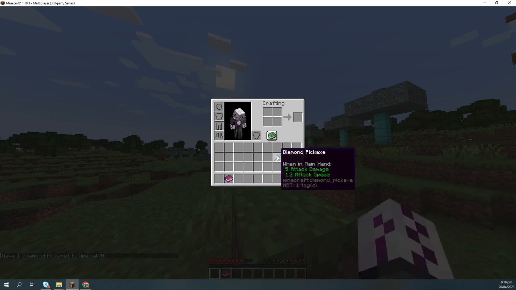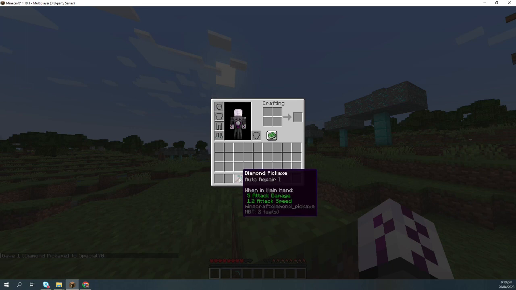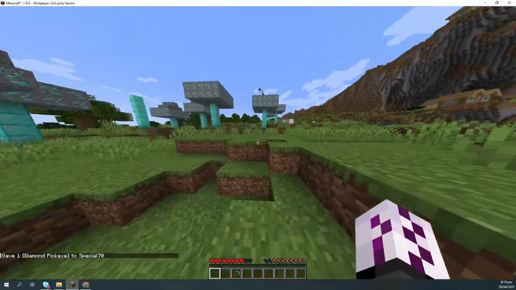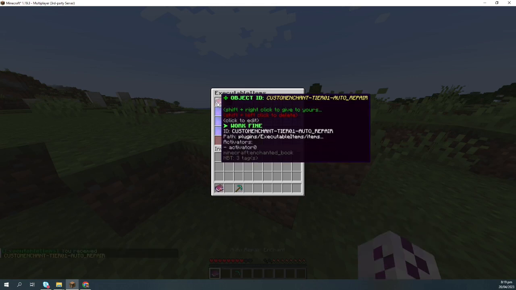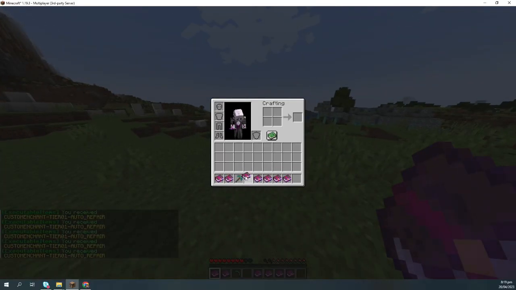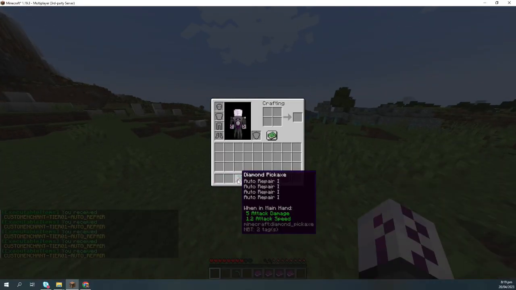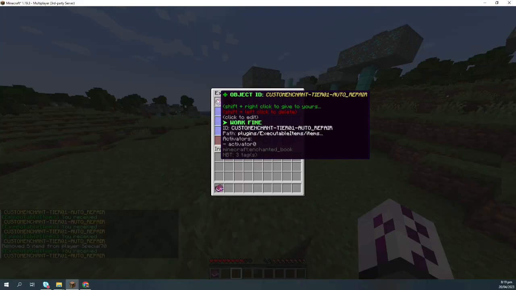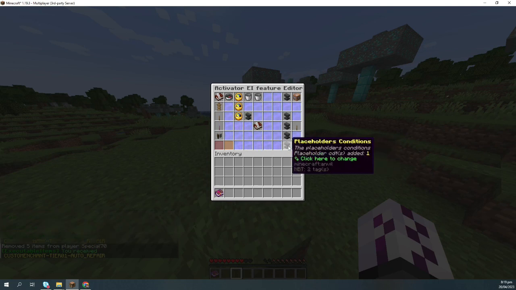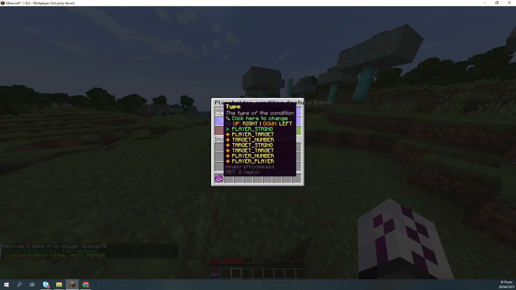Now let's give ourselves a diamond pickaxe. And let's say it's over here, and then we drag and drop it, and then look. It now has the name. So what if you have multiple of these, and then the name will just stack, and we don't want that. So let's edit it and give it another placeholder condition,